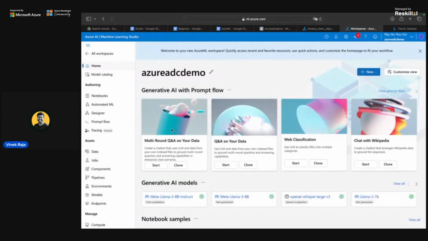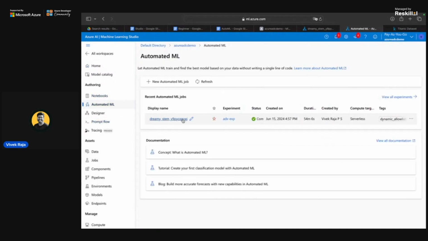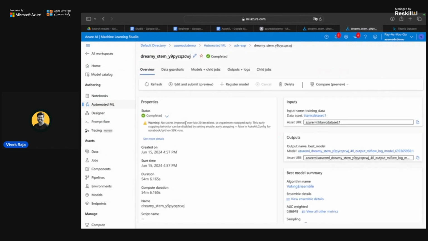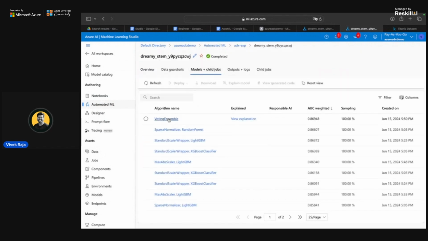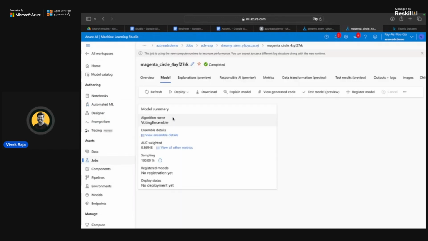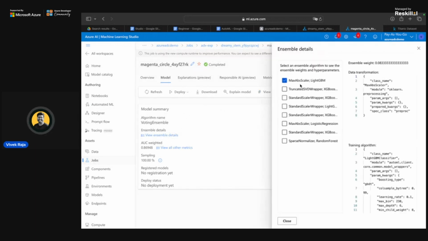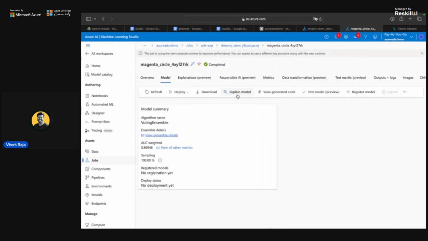Okay, let me check that. The models which it had trained, yeah, it got an AUC of 86. Let's see how the accuracy was. This was the best model. The ensemble represents a couple of models, pretty good, cool.